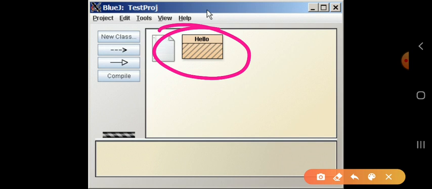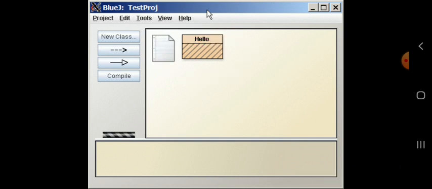After creating it, when you click on new class, it will ask for a name. Here I have given one name, that is hello. You can give any name, it is free, so you are free to give any name.